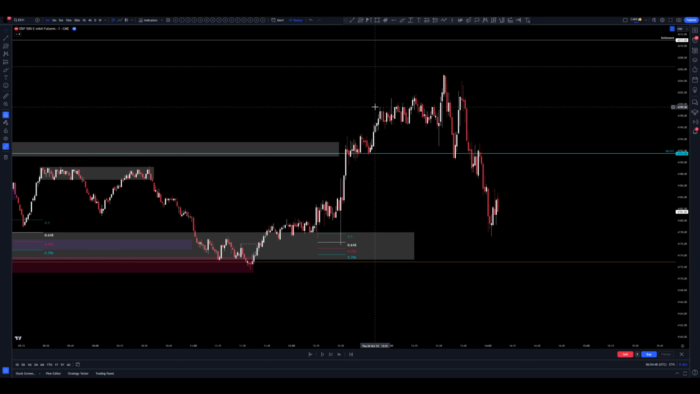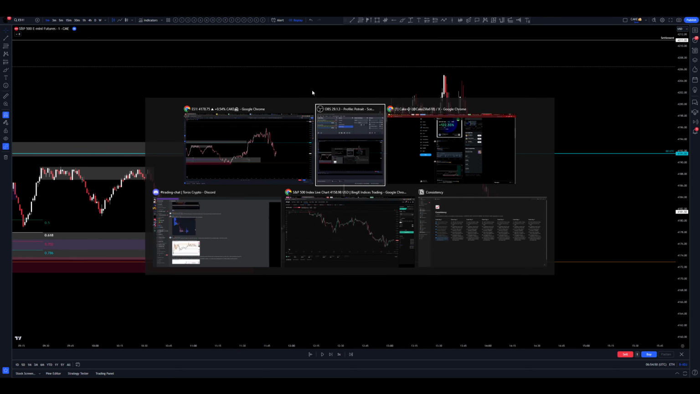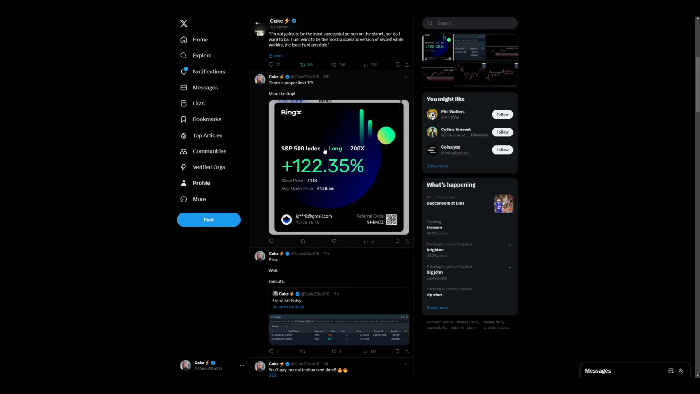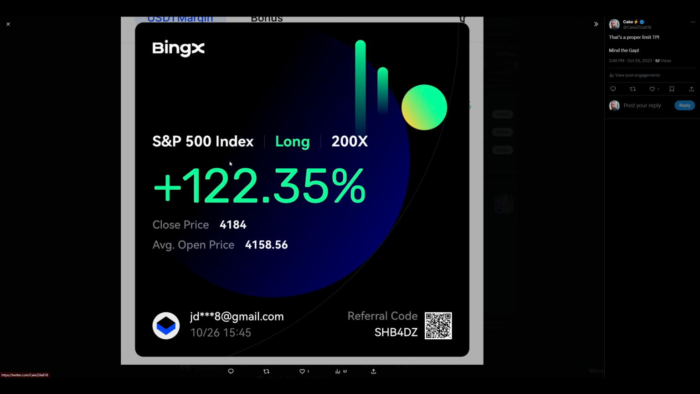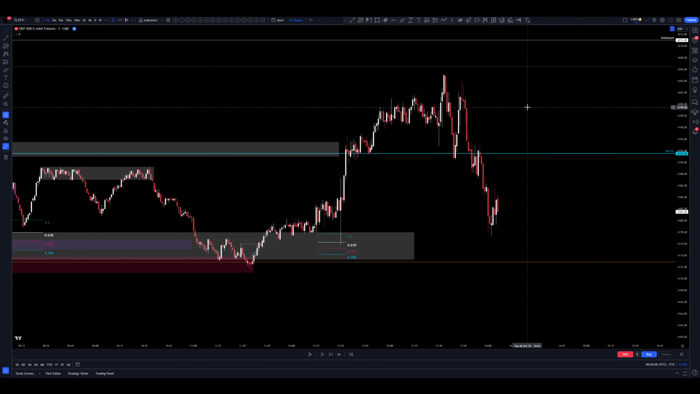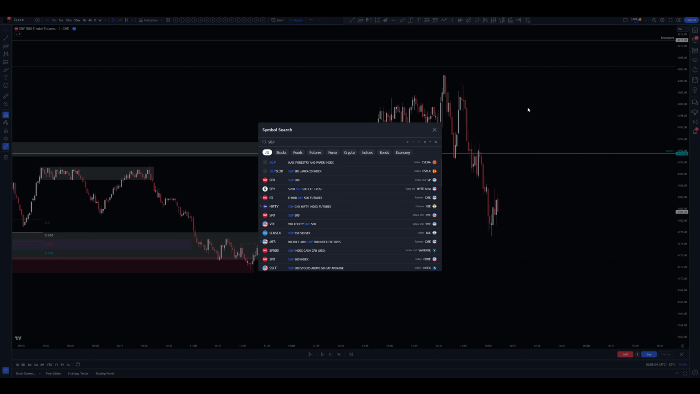When we got this spike up, if you look at, so this was the trade here on the S&P index. I set my closing price at 4184. If you look at the S&P index,